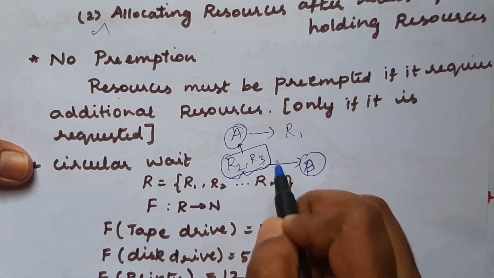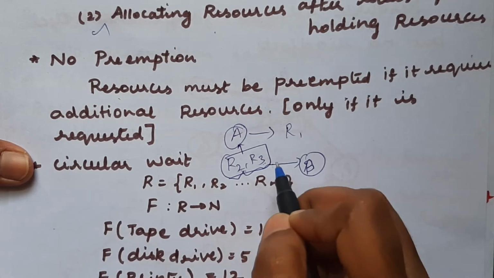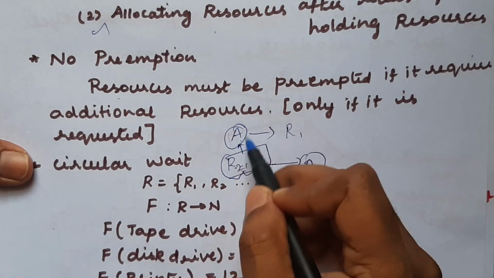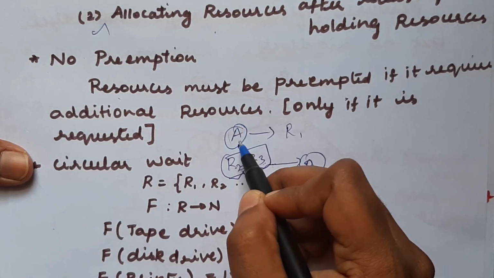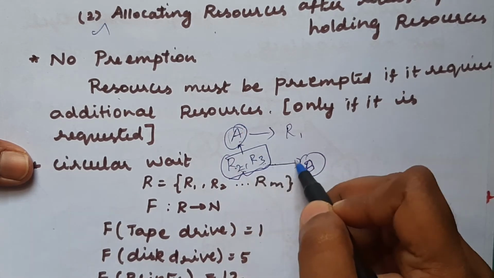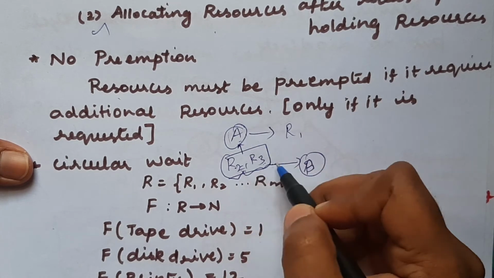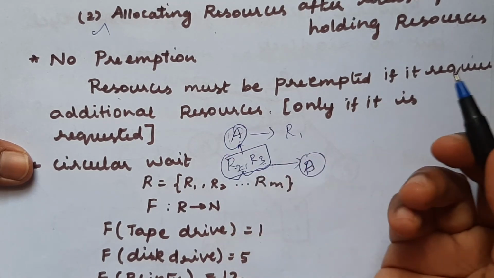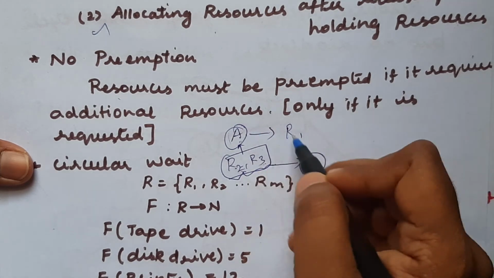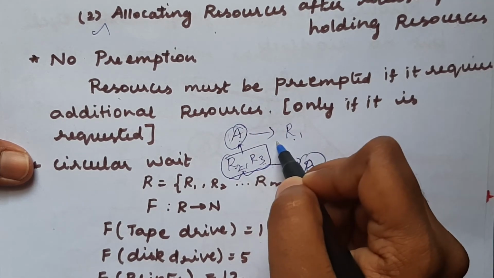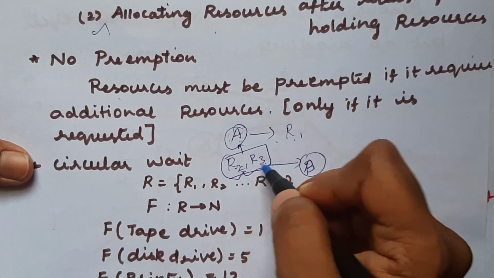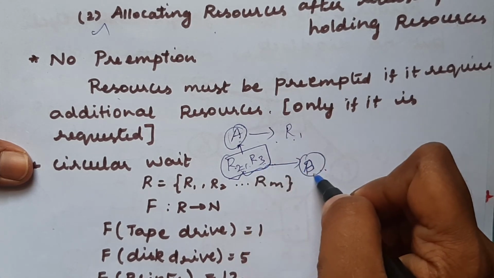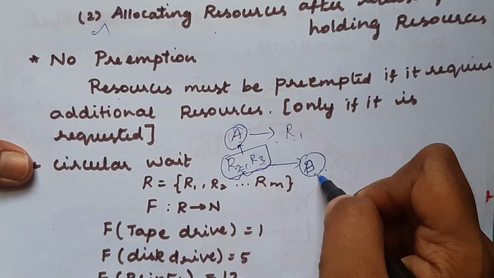So what happens? Only in this case, we have to release these two resources from the process they are allocated to. Okay. Because we need to check whether these particular resources have been allocated already to a process which is waiting for some other resources. If so, then we have to release all these resources, because they are required by some other process, and they will be allocated to this particular process.